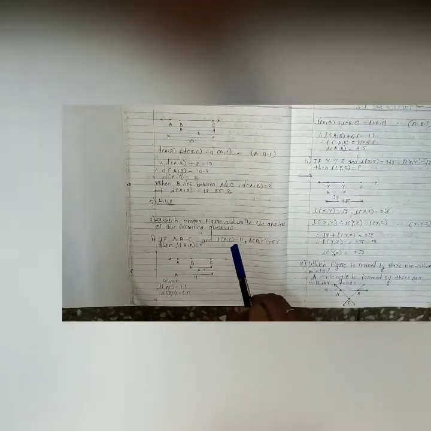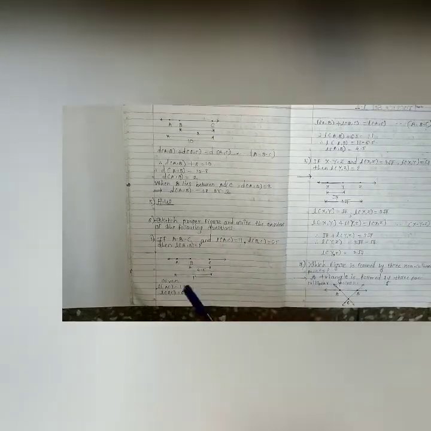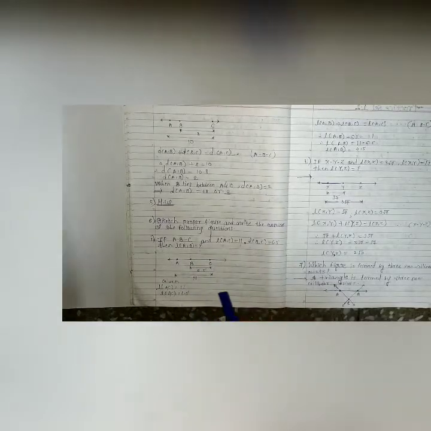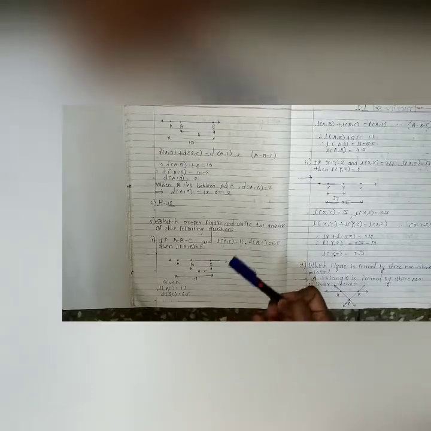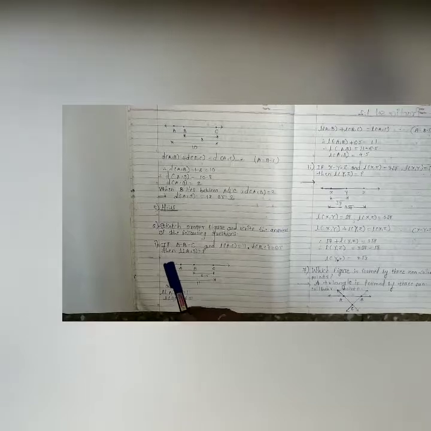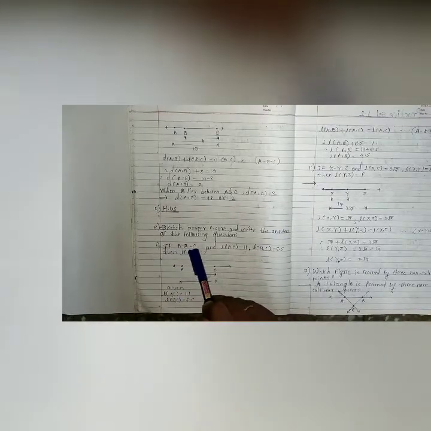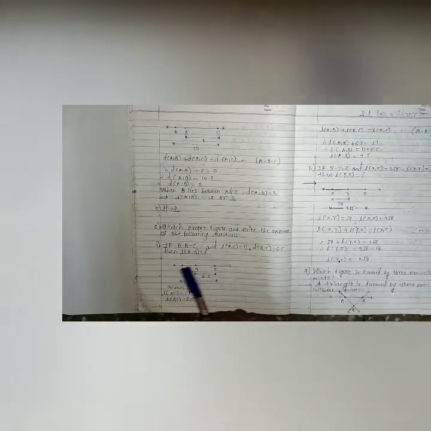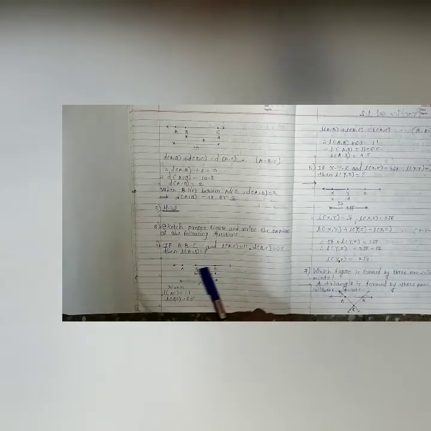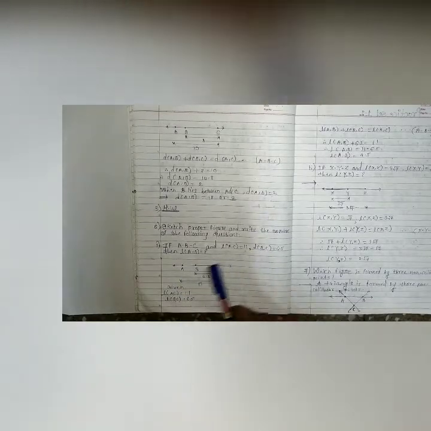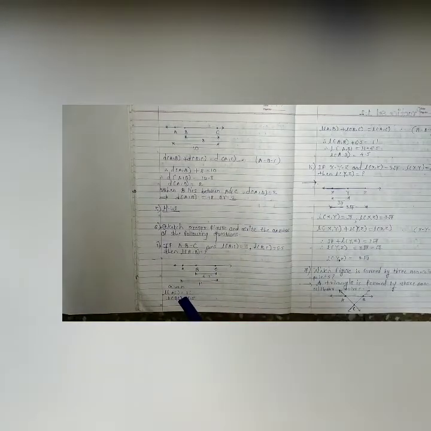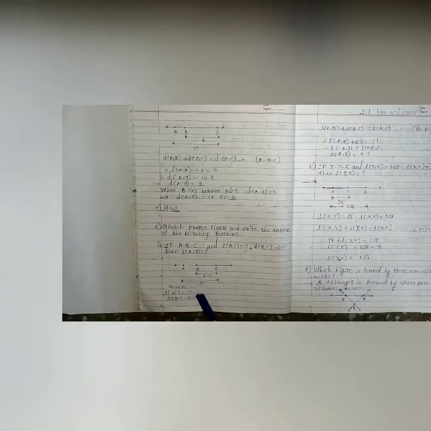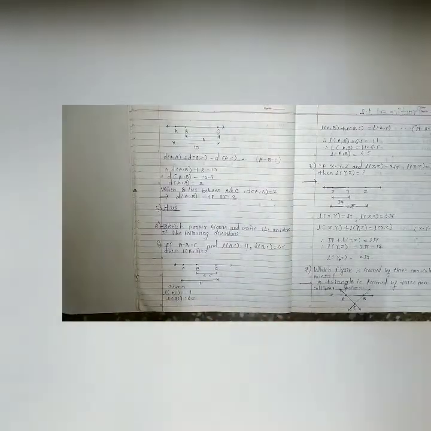Here the length of AC is given, the length of BC is given, and we have to find the length of AB. To find the length of AB, first of all draw the figure, and then it is very easy to find the length of AB. This is A-B-C. Therefore, B is the middle point, B lies between A and C. Distance of BC is 6.5, distance of AC is 11. These are the given things: length AC is equal to 11, length BC is equal to 6.5.